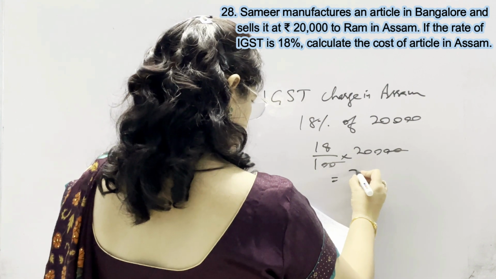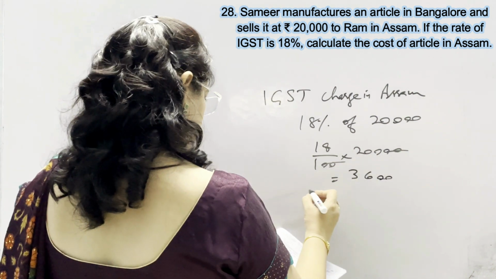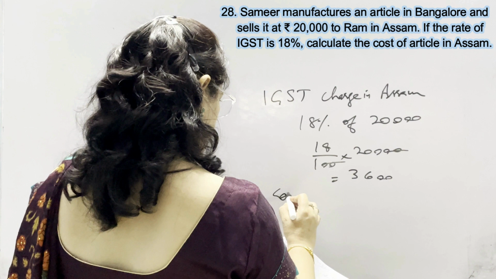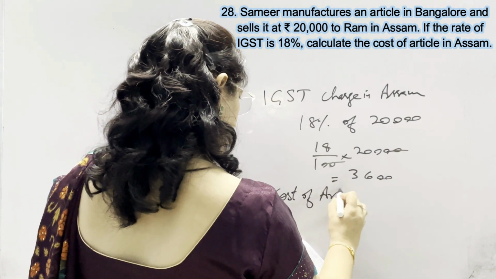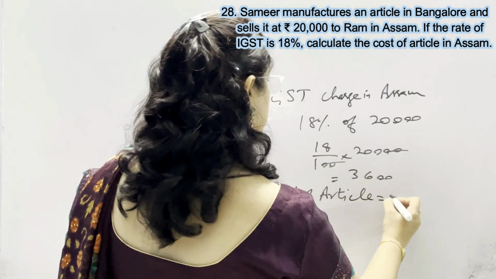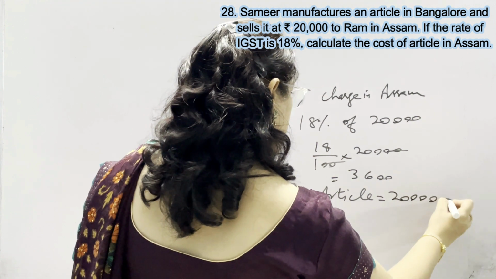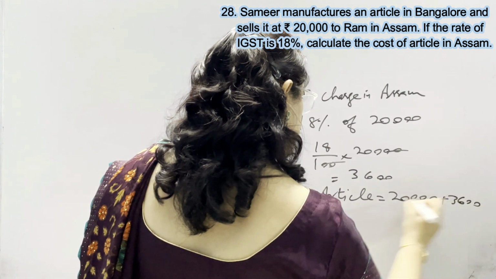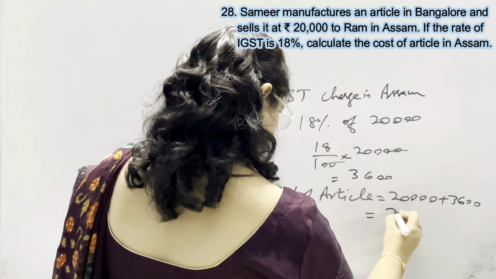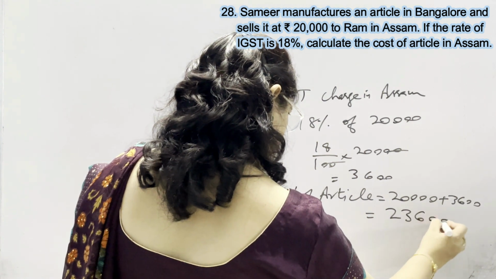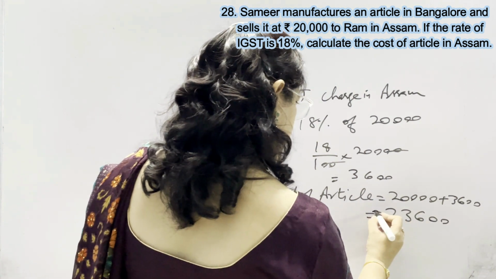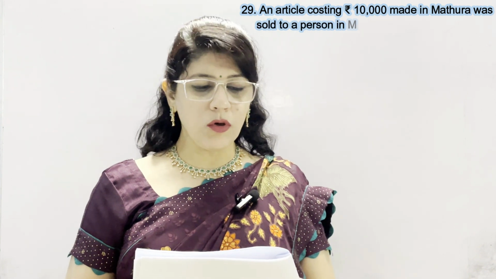Value is 3,600. So total value, you can say, cost of article is 20,000 plus 3,600 IGST. So it means 23600 rupees. In question number 29, an article costing rupees 10,000 made in Mathura was sold to a person in